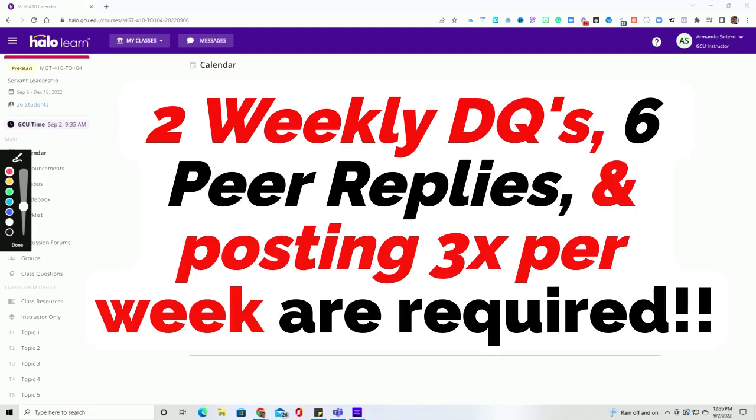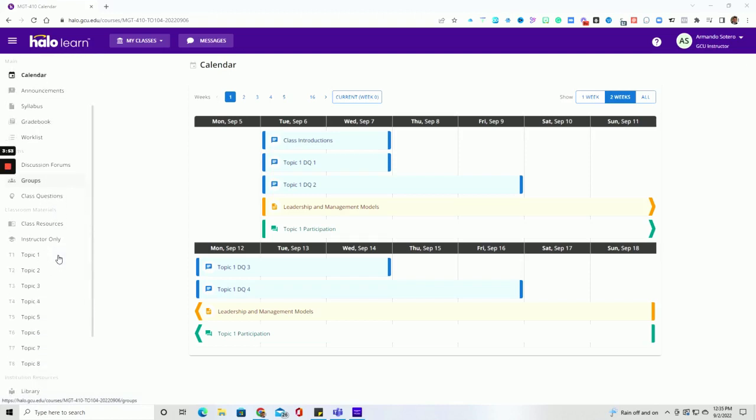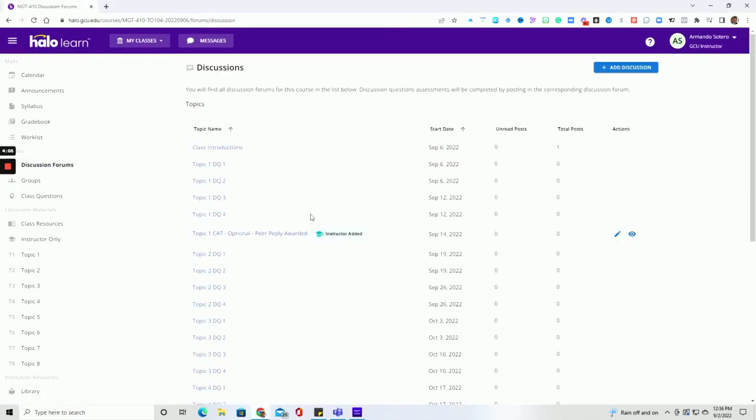Now, I prefer that students go in through this particular area over here. So on the left-hand side, where you see all of these content areas, I want to bring your attention, number 1, to this section right here called the discussion forums. The reason why I'd rather you use the discussion forums versus the calendar is because there is going to be additional information that I add, and you will not find it in the calendar.